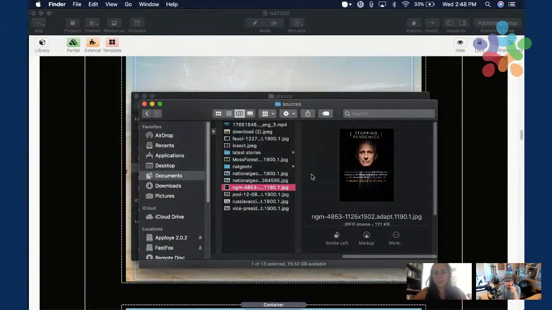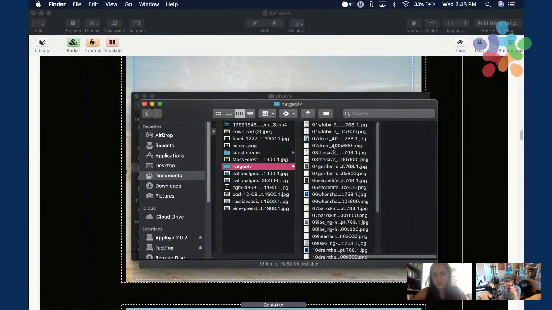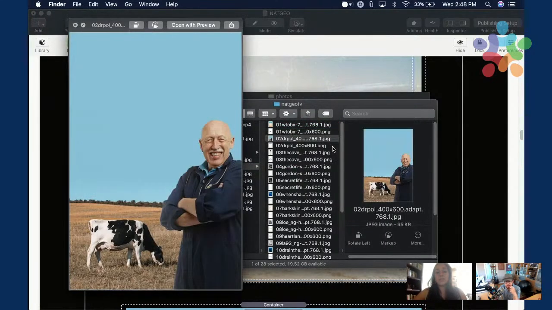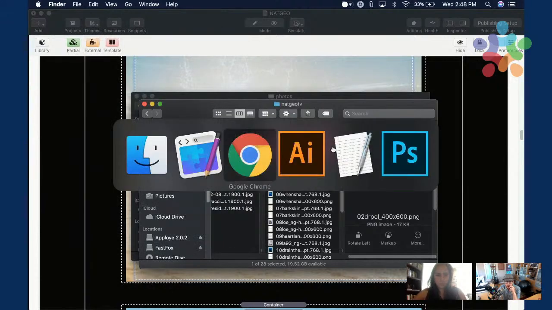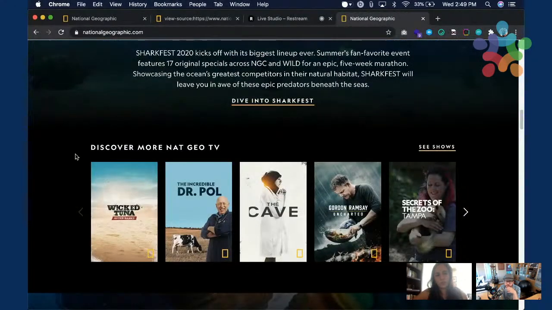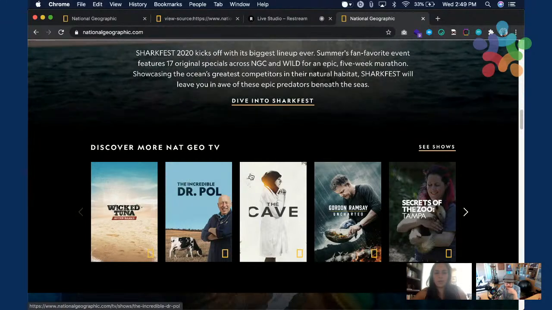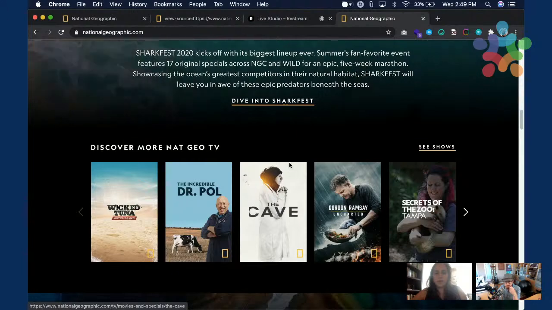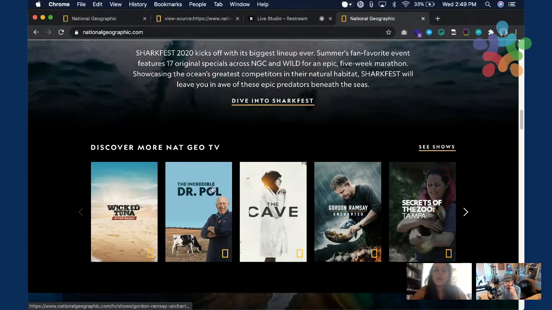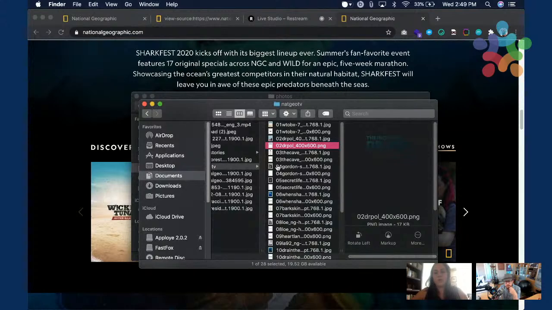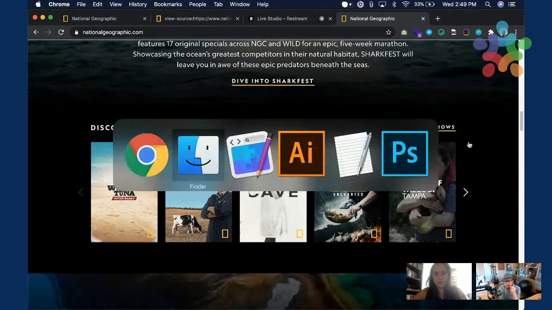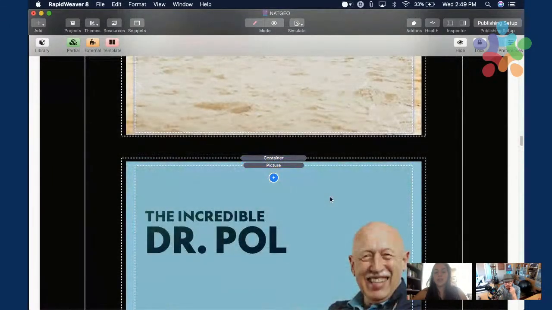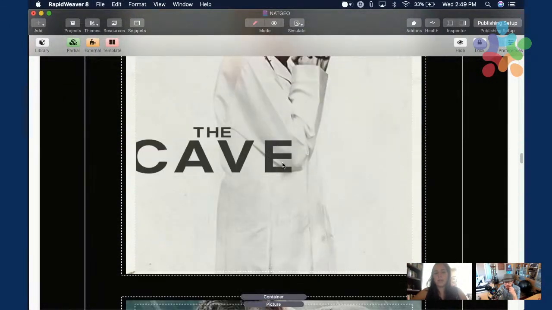Why is there a container with a background and a picture? Well, that's because that's the way it is set up in their website. They have a background and a picture. And the reason why they did this, I think it's cool, is because when you hover, only the background gets a little bit bigger. Yep. And the title remains the same. We won't see that here, but if you wanted to do that, it's easy to do with Rapidweaver as well. But for now, I have a container with a picture inside, and automatically they're already aligned to the background.